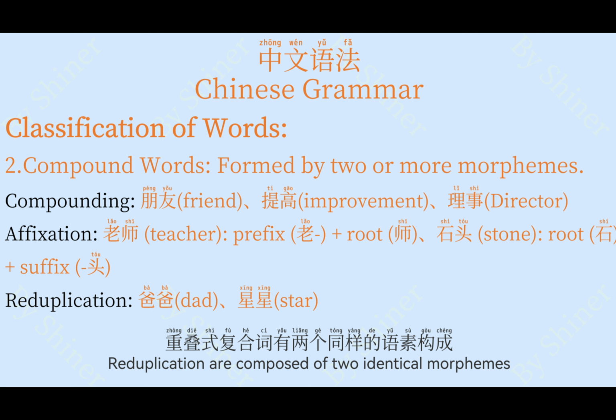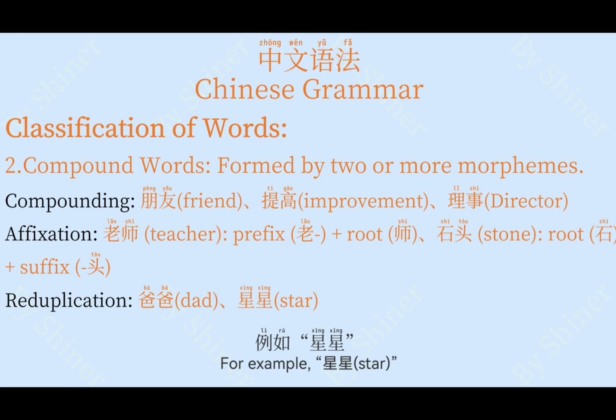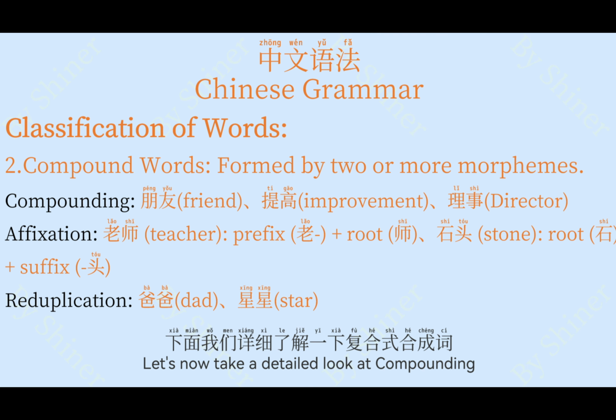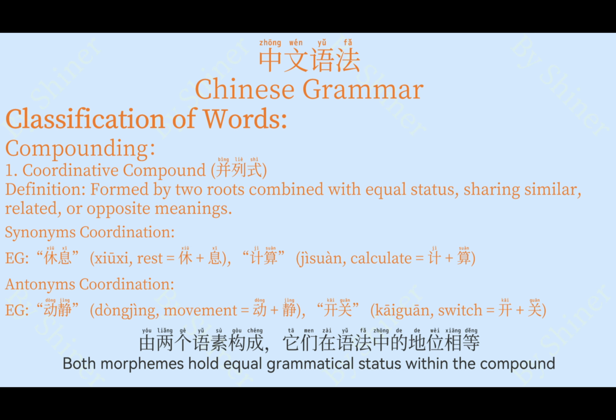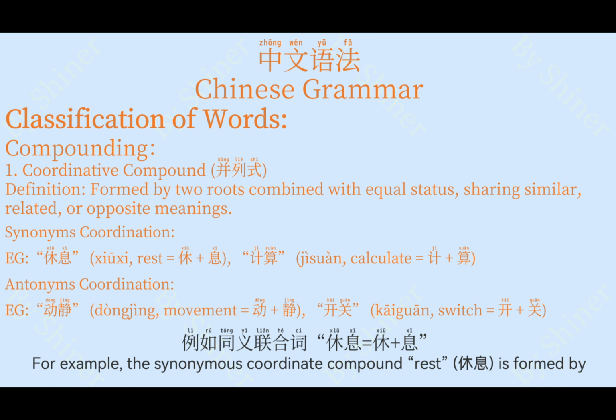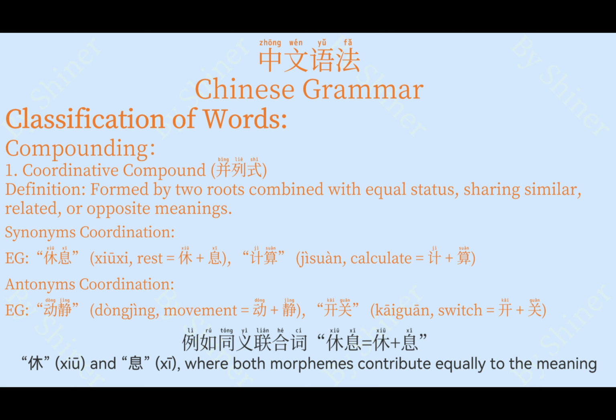Reduplication are composed of two identical morphemes. For example, 星星. Let's now take a detailed look at compounding. The first category is coordinative compound. Both morphemes hold equal grammatical states within the compound. For example, the synonymous coordinate compound rest is formed by 修 and 西, where both morphemes contribute equally to the